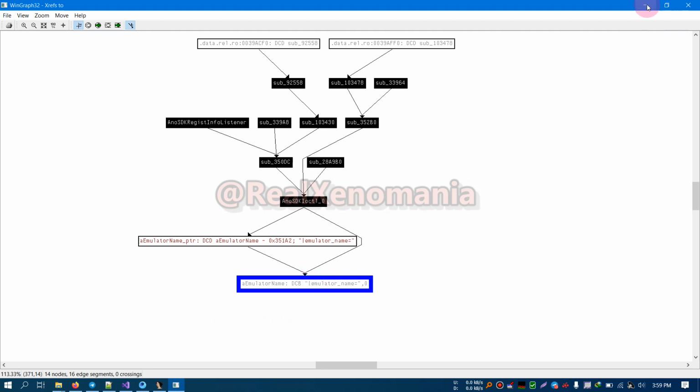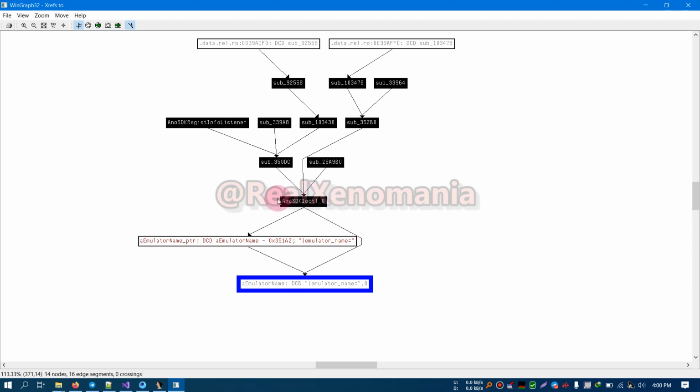Now also you can use some other creativity. If you don't want to patch these two functions, you can go up the branch and patch these three functions instead of patching this one function. But on this branch there is no parent here. You can only patch this function to stop the call to this when it is using emulator detection. And we will see a little bit later why